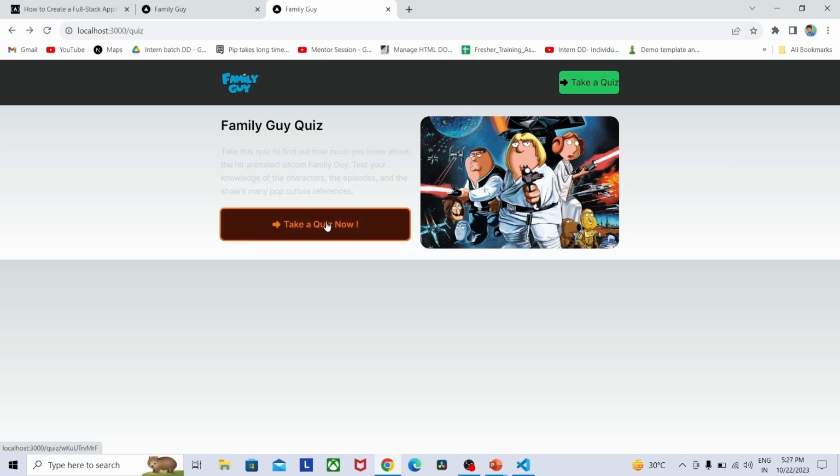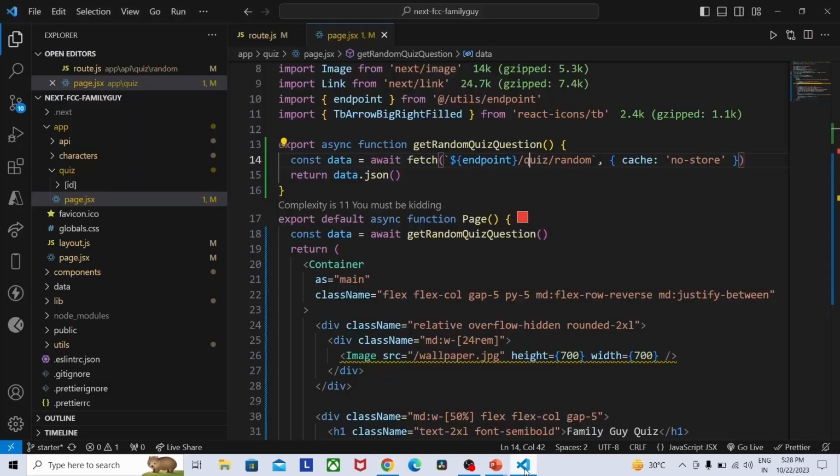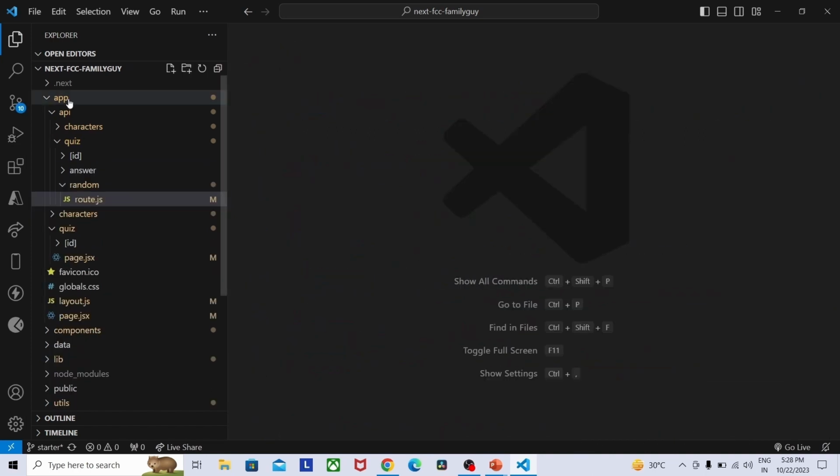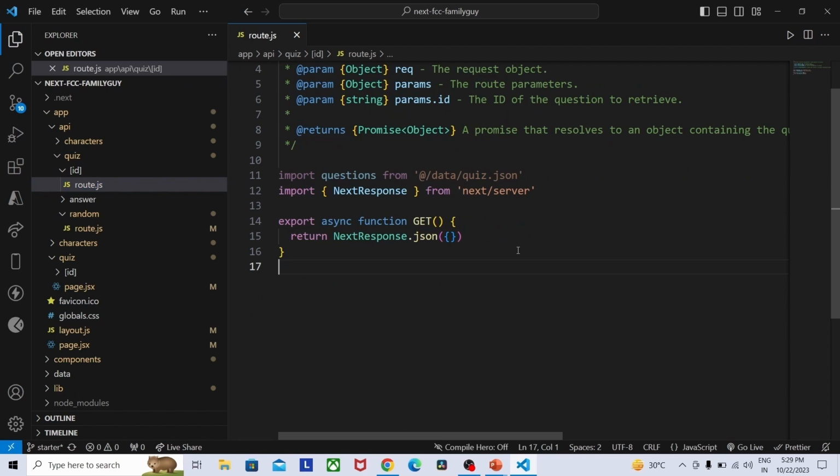So once we click this button, it will navigate to the question page, but here we are not having any questions. To get the data and implement, we need route for the questions also. For that, next I am going to work on the API routes. Close this page, route app folder API quiz ID. Inside ID, so in this route page,